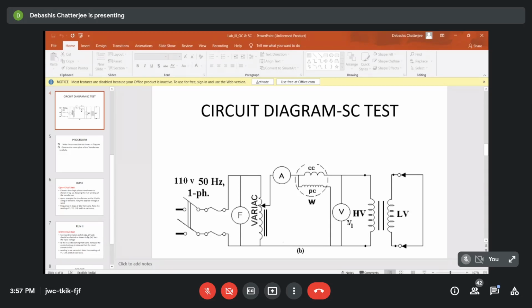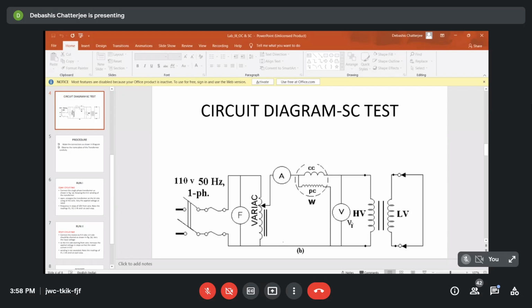So normally we will allow a current up to the rated current, or 110% of the rated current, 10% above rated current at maximum, in order to plot the characteristics or calculate the parameters. Naturally we require much lower voltage to flow the rated current. So that is why this variac is provided, and it is performed on the high voltage side simply because we require around 10 to 15% of rated voltage